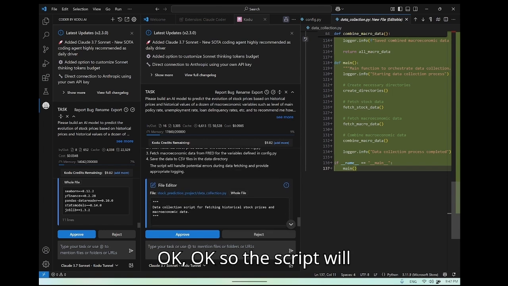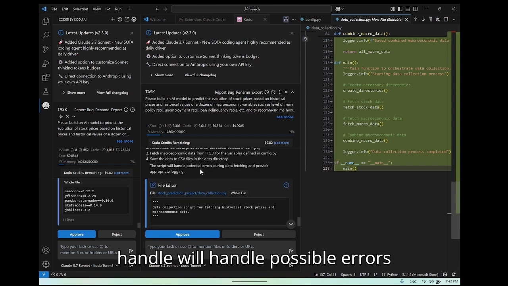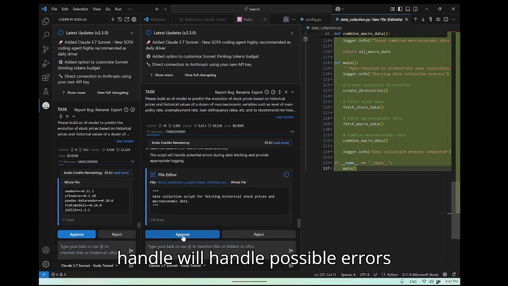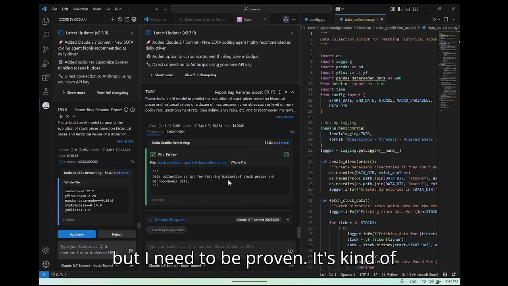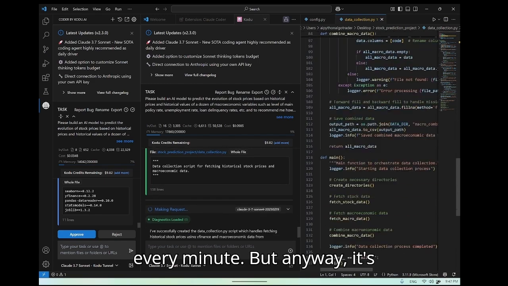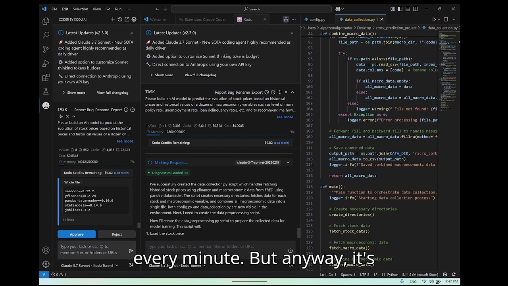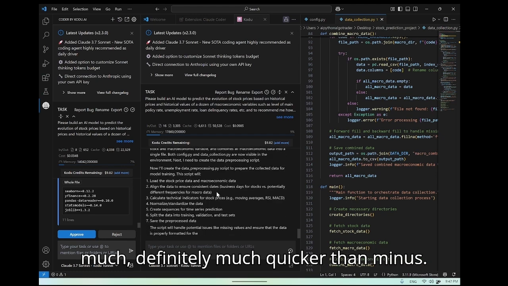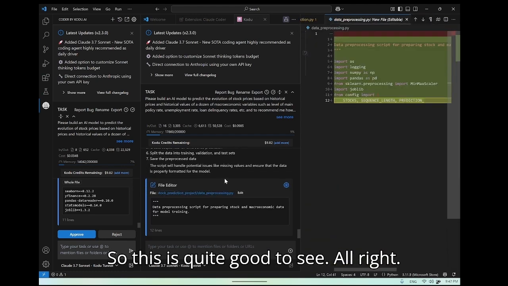Okay, so the script will handle possible errors, but I need to approve. It's kind of funny, this thing of approving every minute. But anyway, it's definitely much quicker than Manus, so this is quite good to see. All right,